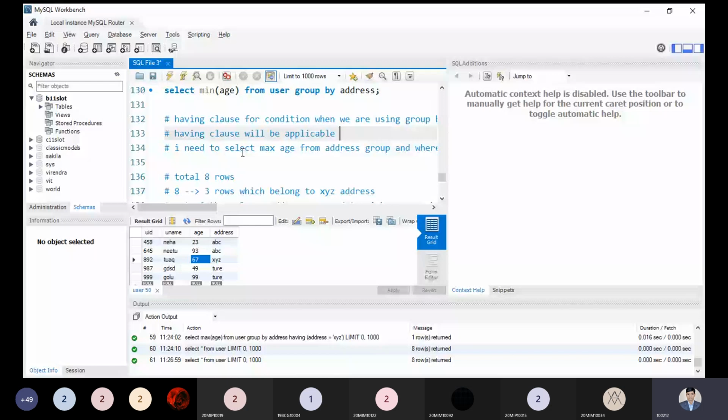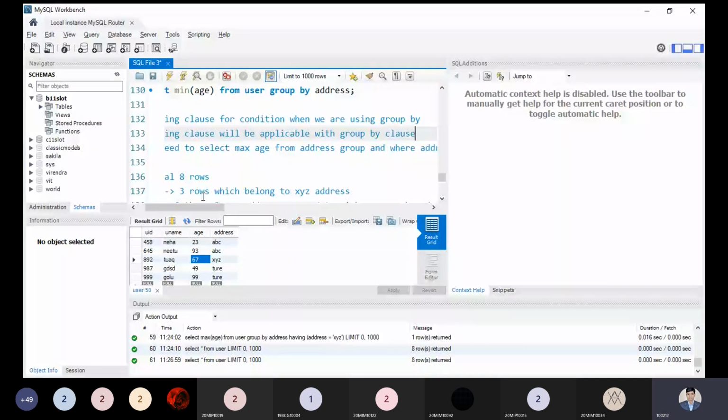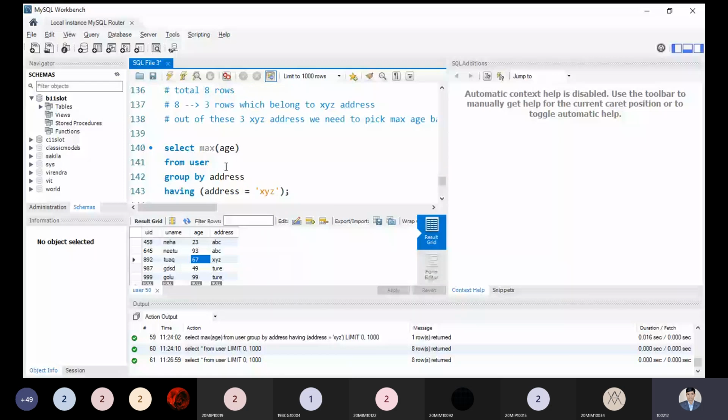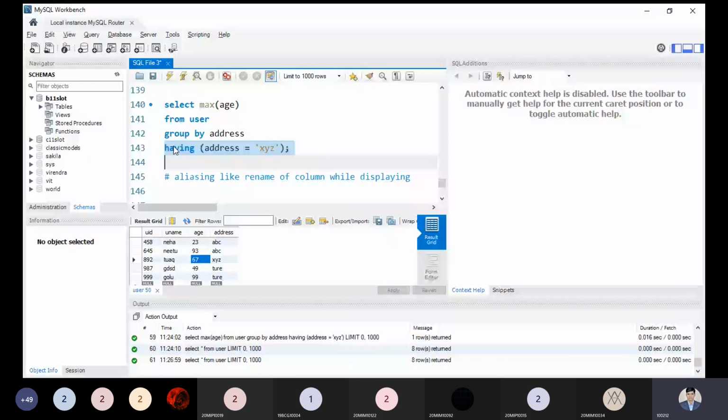That's why we are using the syntax properly. So we are putting the condition. Having is applicable where we are putting the condition. So this is the reason we are using it. But suppose I'm not using this point right now, and I'm using select maximum age from the user and from the address. It will give the maximum age, but we have made groups.